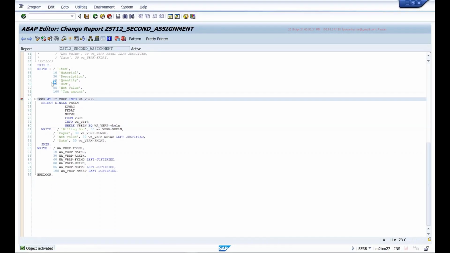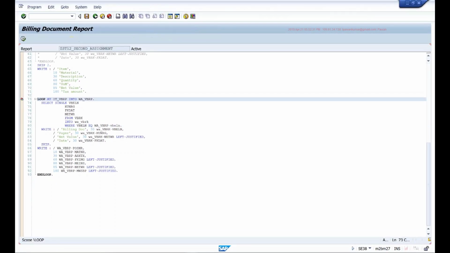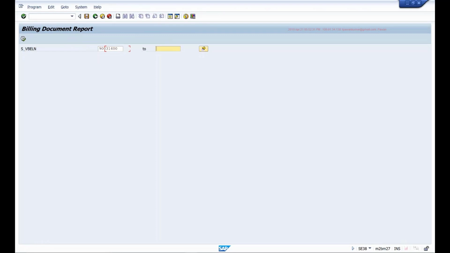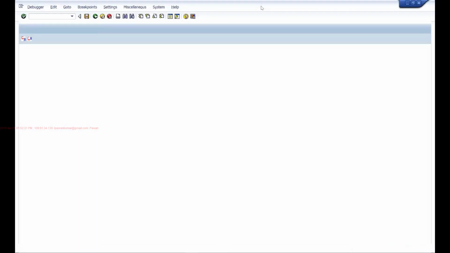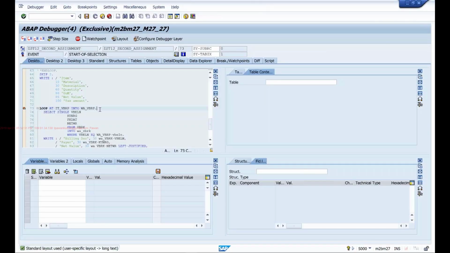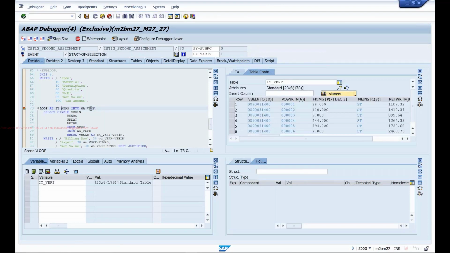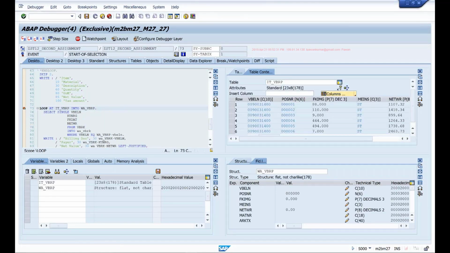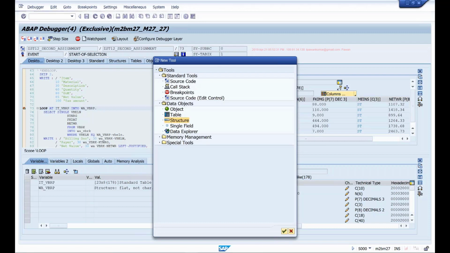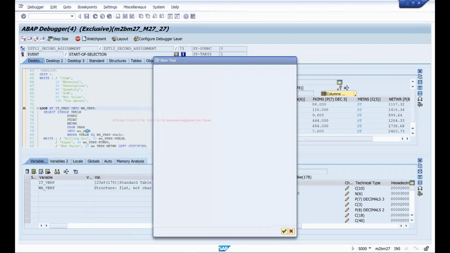So I'll keep a breakpoint here and execute. I'll give a shorter range, 4 documents only. Now if you see IT_VBRP and WA_VBRP, and this also I'll keep it as a structure. And we'll see WA_VBRK here.